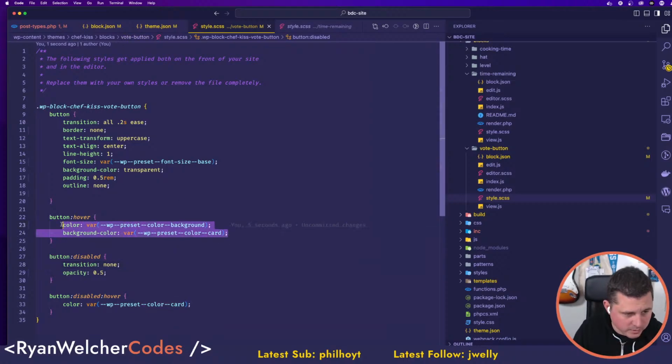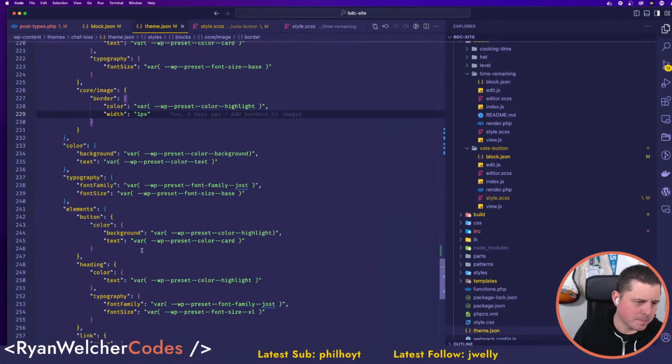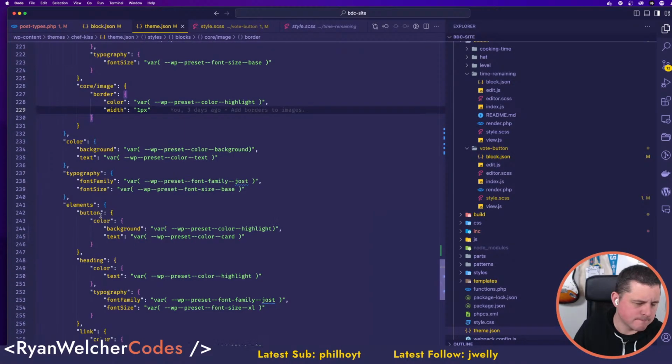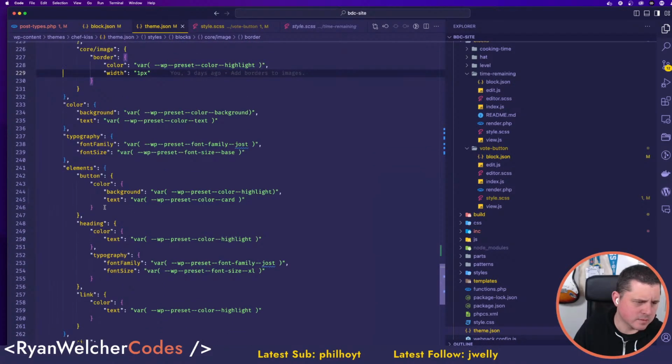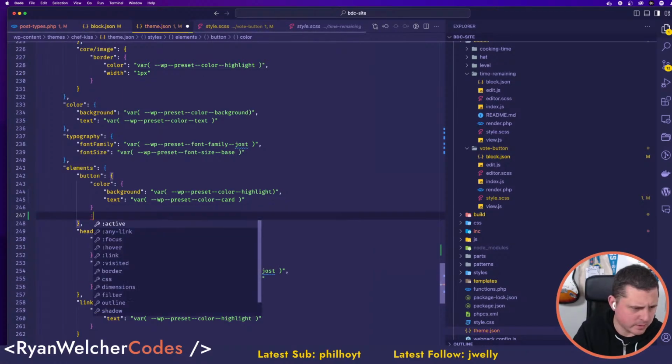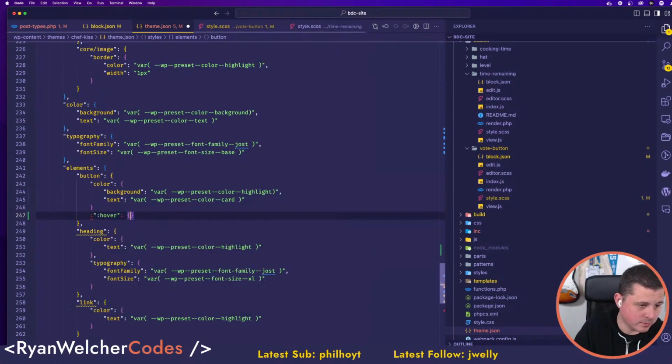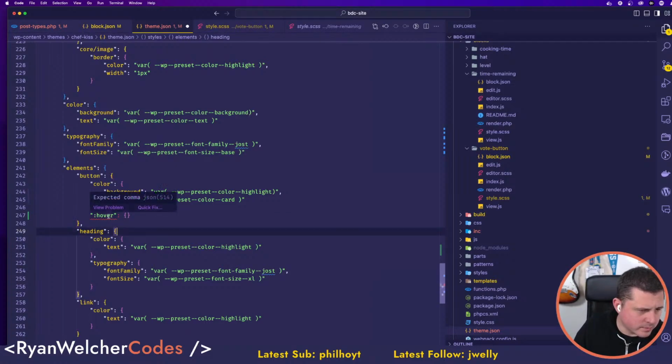So I should, in theory, be able to get rid of this. Can you do pseudo elements? I don't know if you can do pseudo elements. You can do pseudo elements. That's pretty cool.